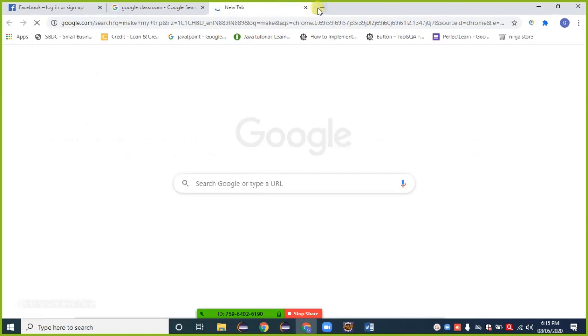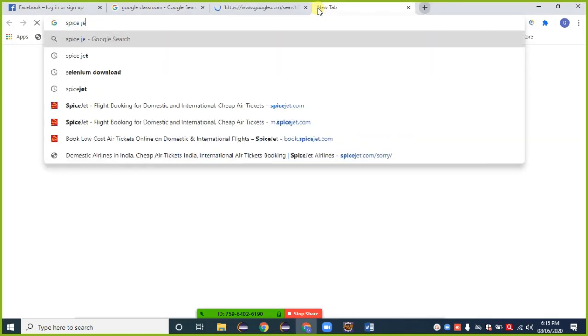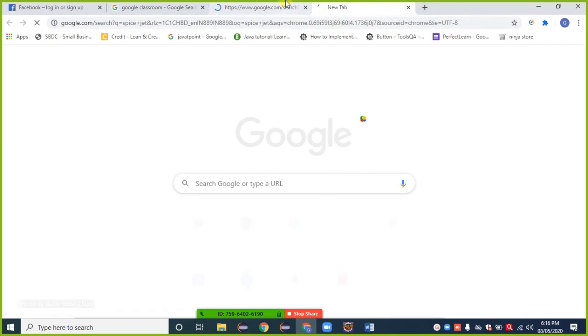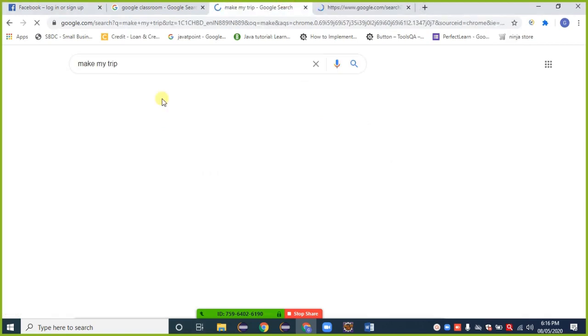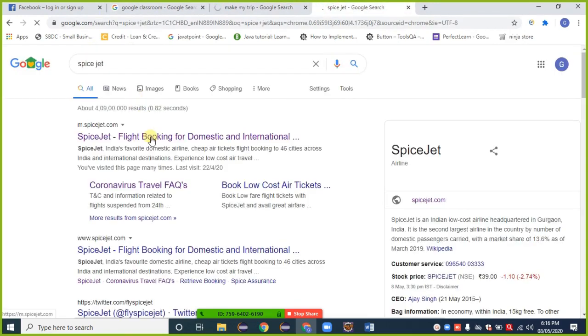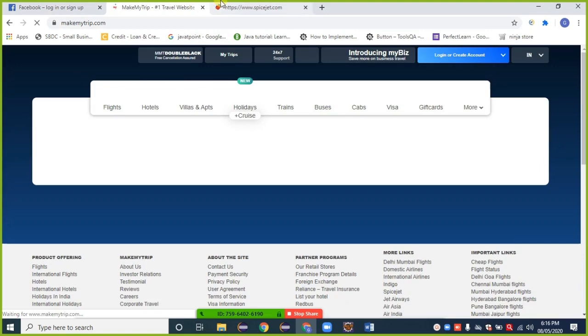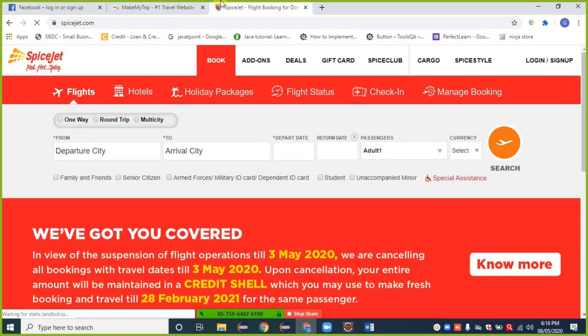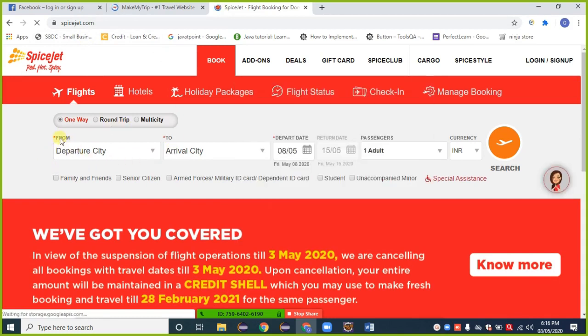MakeMyTrip and SpiceJet. So regarding SpiceJet, my purpose is to travel from a departure city to an arrival city.